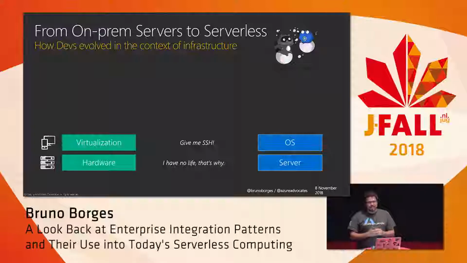Things evolved, right? Thank God virtualization came, and when we need more servers, we just go to this web interface, or we call someone, and they just spin up a new VM, and they give us the credentials. Here's the SSH key to access the server and get root access. And all you need is just the OS. But after that, you still have to do a lot of things.